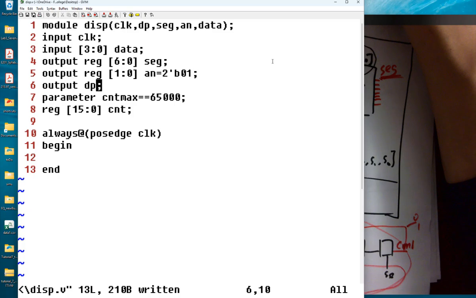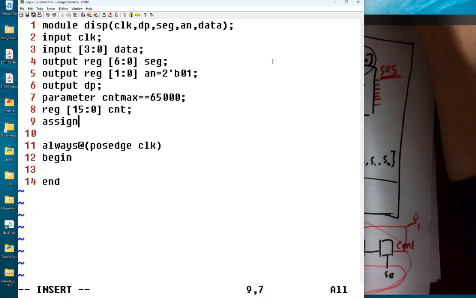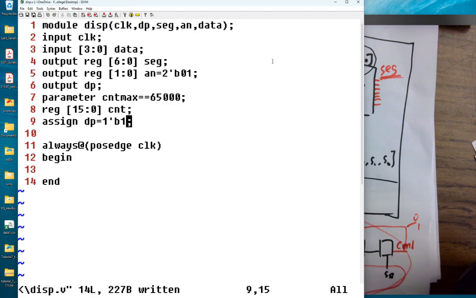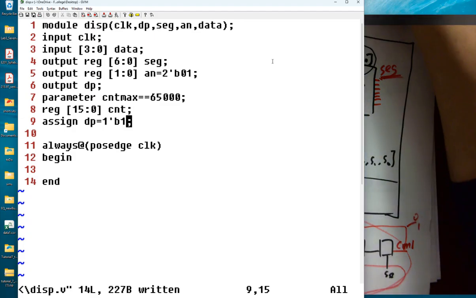And for DP, before we forget it, let's just assign something to DP, right? Just very simple static combinational logic. Just assign a 1-bit 1 to it, I think, right? So we can turn it off. 1. So it's off. So for the always block,